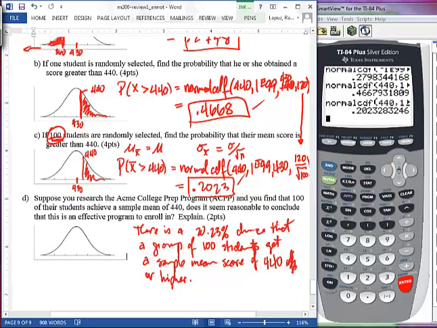Now 20% is really not that small. If it was small, then it would seem like it would be reasonable to be able to support their claim, but 20% doesn't seem that small. I think small means we're looking at the 5% range, as in the empirical rule. So does it seem reasonable to conclude that this is an effective program to enroll in? You could say not really,